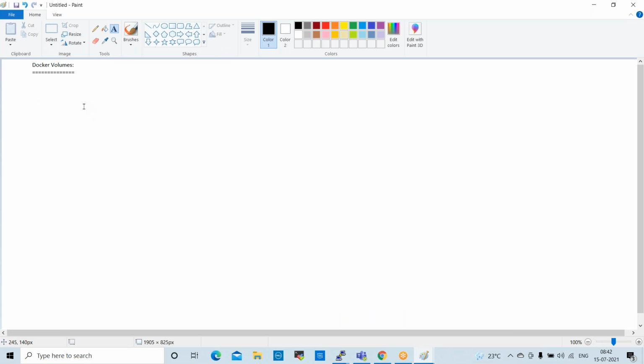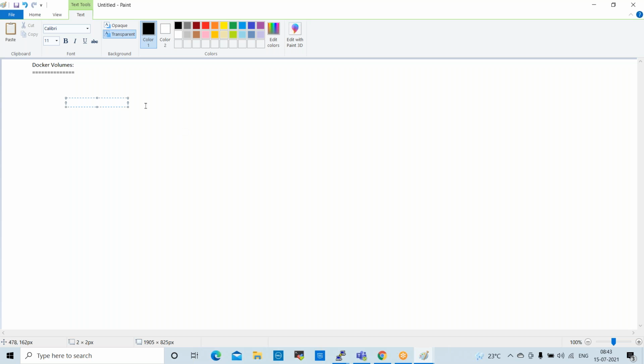Fine. So now, what are the images that we use in real time? Because you said this BusyBox is only for test labs, right? BusyBox is for test labs. So in real time, we use different images, maybe. Okay. In real time, also, in the test environment we use BusyBox only. Test environment, not production environment. Okay. So what is Docker volume?